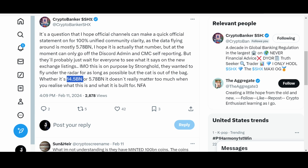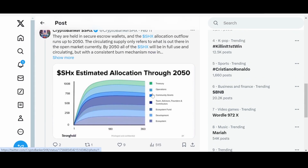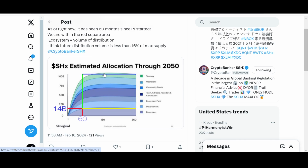Whether it is 14.5 billion or 5.78 billion, it doesn't really matter too much when you realize what this is and what it is built for. Obviously, it doesn't matter if it's 14.5 billion or 5.7 billion or whatever, but the allocation according to them is that 100 billion will be in circulation by 2050, guys. Check this out. Makoto as well has basically given a post that we're at 14 billion at the moment, and through 2050 we'll reach 100 billion. But still, we